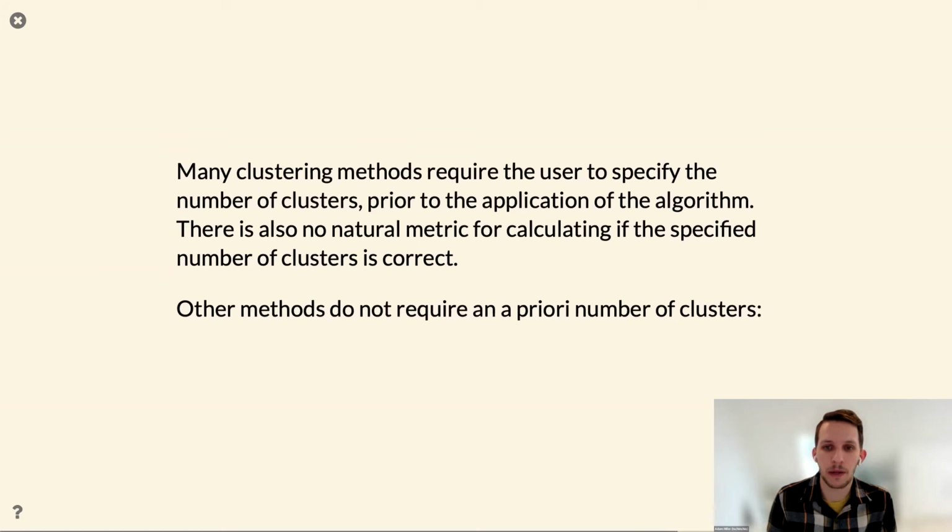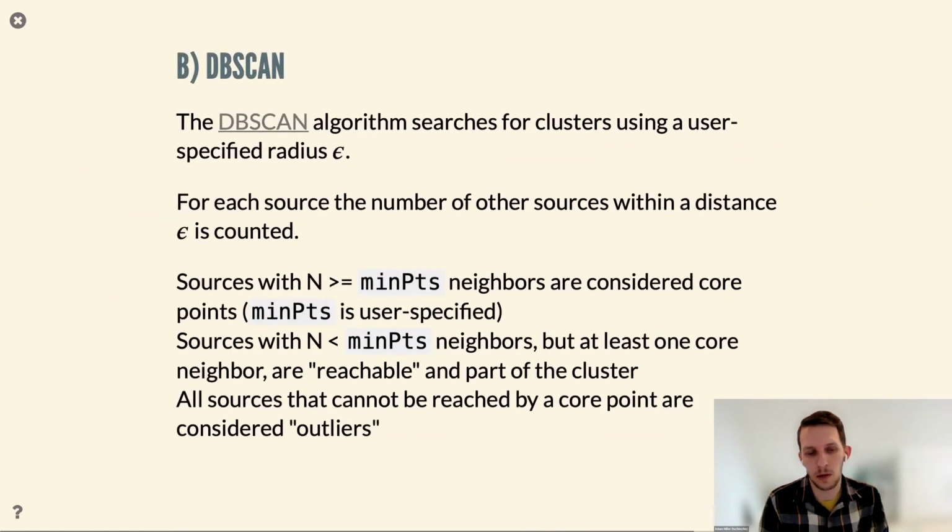Many clustering methods require that the user specifies the number of clusters. It's not just K-means. What I personally don't like about this is that there's no natural metric for going in after the fact and saying, okay, I've now optimized this function that tells me, yes, for this problem, K should be 5, the number of clusters I should have. Fortunately, there are some other methods that do not require pre-specification of the number of clusters. And I think one of the most famous, a historical algorithm that has been around for a while,